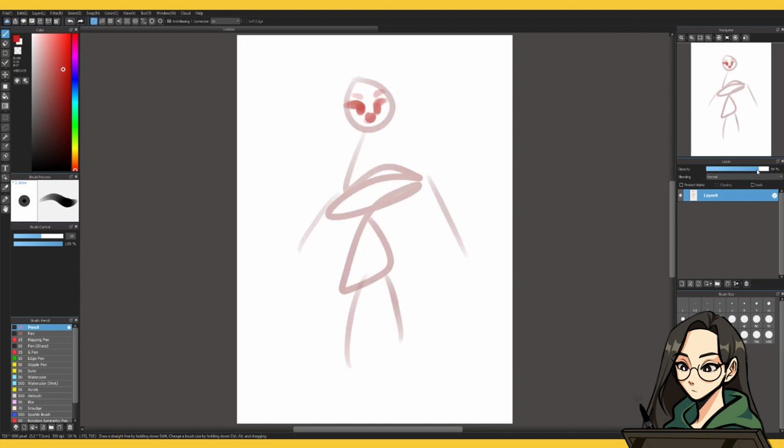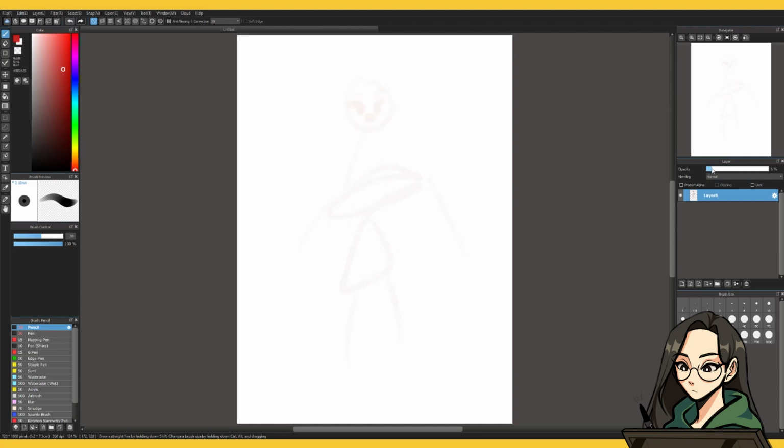Opacity, pretty self-explanatory. The lower the value is, the less you can see it basically. I just bring it down if it's the sketch drawing, so it's enough to where I can see it and see the line art itself. And yeah,